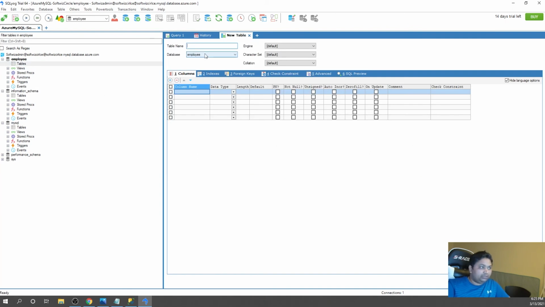So whatever table I want to create, let's suppose I am going to create a person table. As usual, we are doing it from this one in the employee database. Engine is default. We can have different types of engines used by MySQL, but I'm going to keep all the settings default. For the column name, I will put ID, and then we can select bigint or int. We will see that one. It is PK, and it is auto incremental. I can do that, and then I can go with first name,